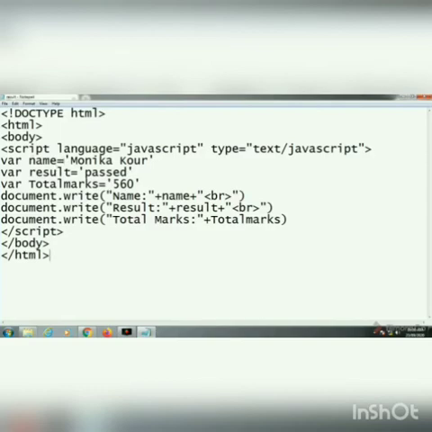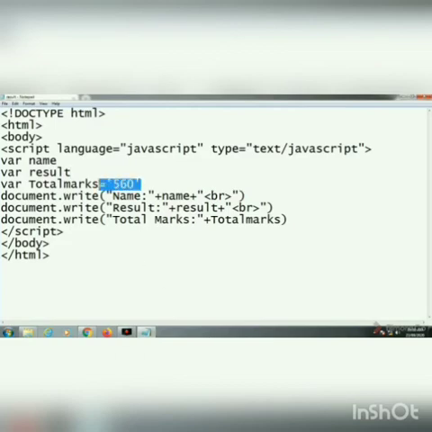Now if I remove this equal sign and want to allow the user or a person to enter the value by using the keyboard, we have to use another statement for that. I am removing the equal sign, the value that I have assigned to the variable.